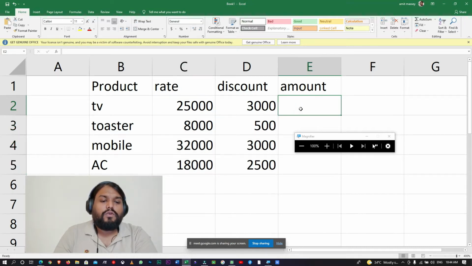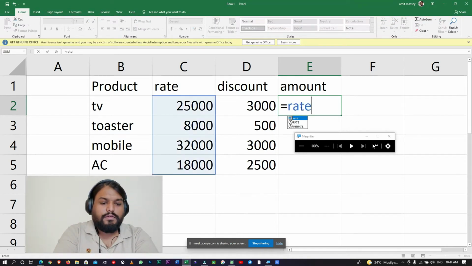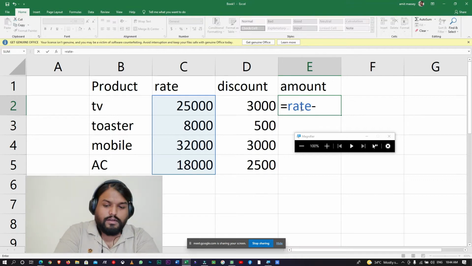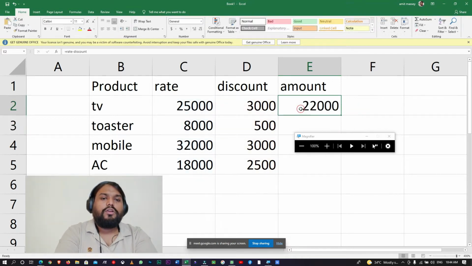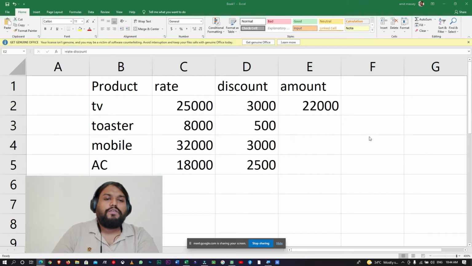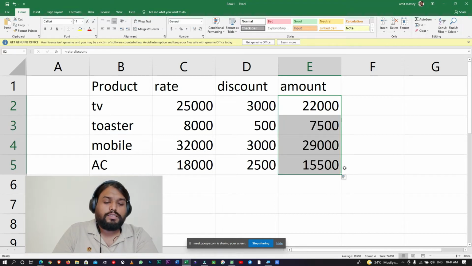Now we can put a formula over here: equal to sign, rate minus discount, and when you press enter, your answer will be available. Then, as I told you earlier, you can copy the same to other cells also. This is how you can use named ranges in your formulas.